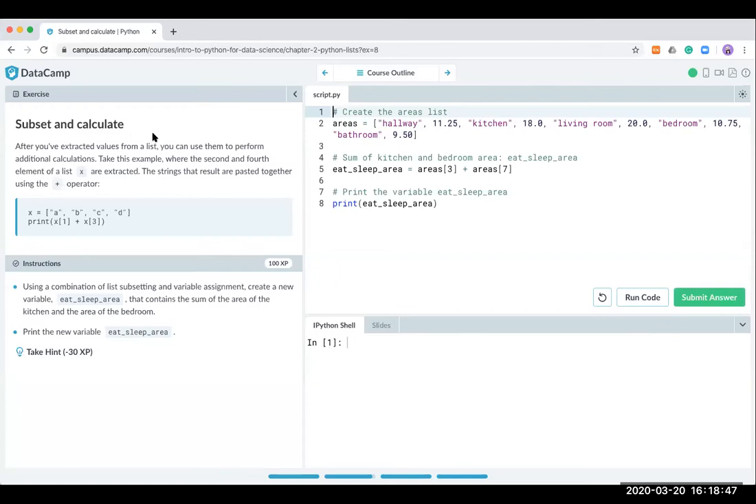Subset and calculate. Back to the original condition. So using a combination of list subsetting and variable assignment, create a new variable, eat_sleep_area, that contains the sum of the areas of the kitchen and the area of the bedroom. And print out the new variable eat_sleep_area. So here are the areas, the sum of the kitchen and bedroom area, and then make a new